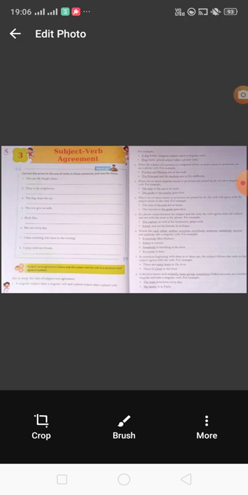Now the eighth point, the eighth rule. Collective nouns like family, team, group, committee: when we show unity, we always use a singular verb. For example, "The team practices every day." Here, students, "the team" does not mean each and every player, but all the members which make a team. And team is singular, so we have used the singular verb "practices".